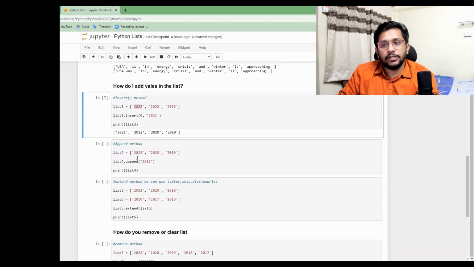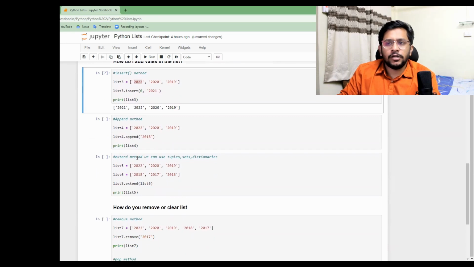Next one is the append method. Append method is basically to append data values at the back of the list. Maybe let's say we have a list where we have a number of years that our company has a database from. Let's say I'm hypothetically working with X company, and that X company is keeping data from 2018 till date.